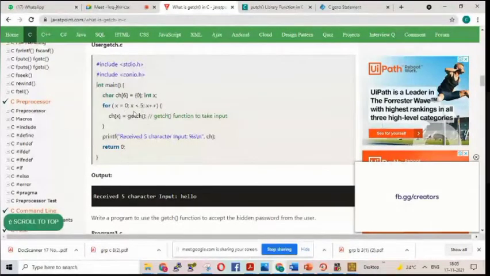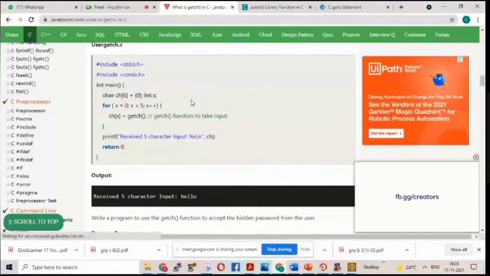So how many values will be received? x equals 0, 1, 2, 3 and 4. How many characters will be received by this program, my dear children? 5 characters, ma'am. 5 characters will be received. You can give these 5 characters.